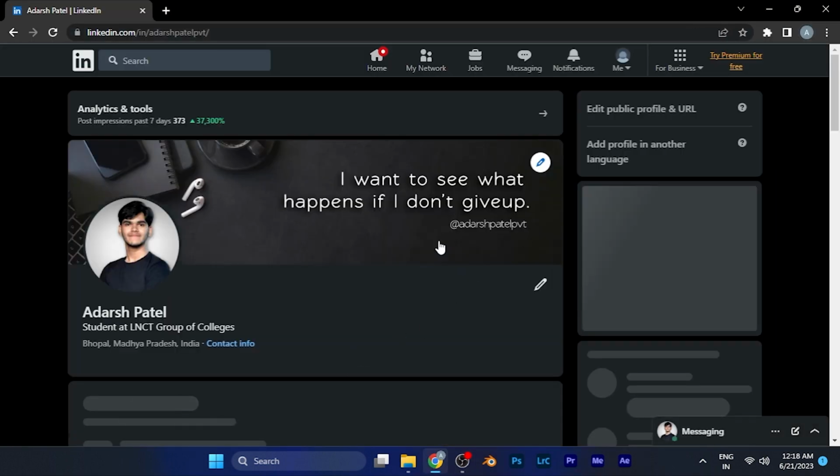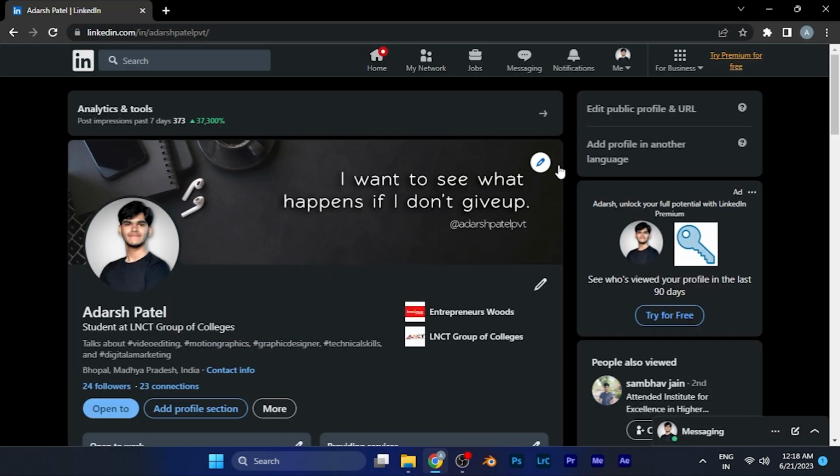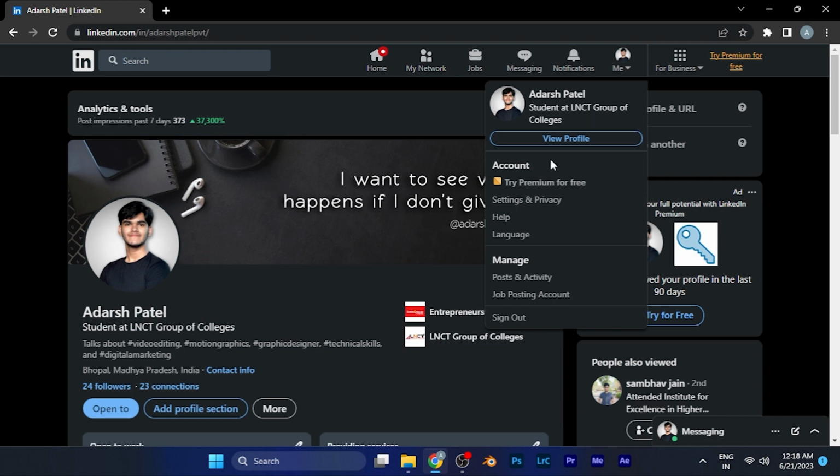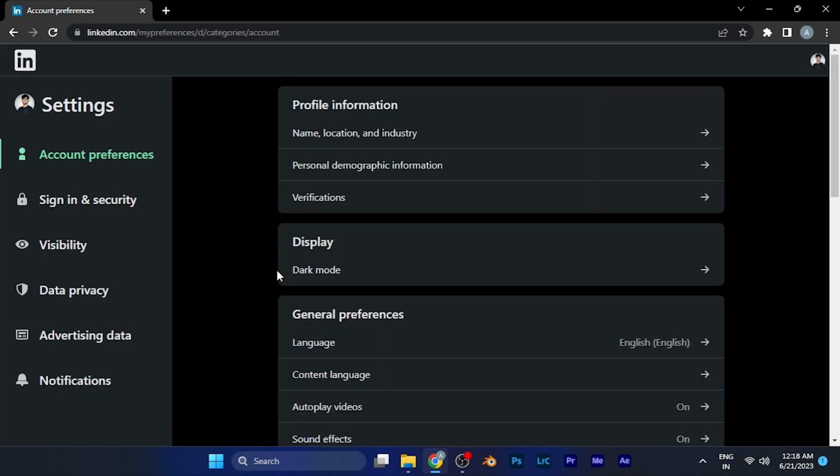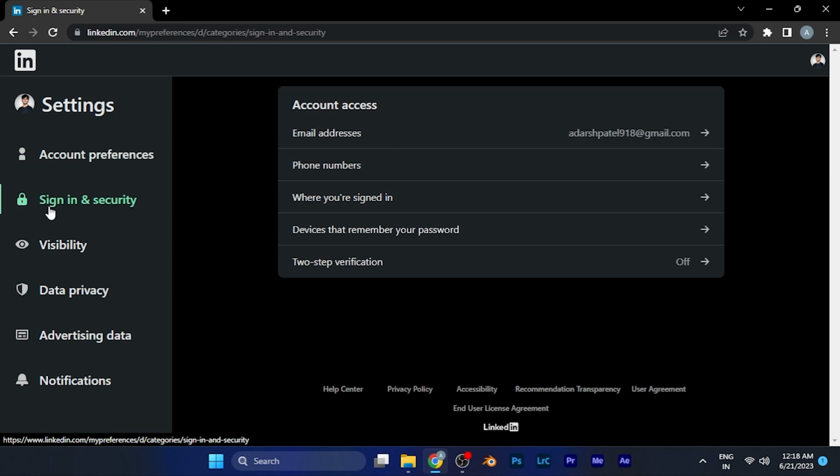I'm in my LinkedIn. Now in order to enable the two-step authentication, first you have to go to the option of your profile in the top window. When you click there, you can see a small window will pop up right in front of you, where you have to go to the option of settings and privacy. When you are in the settings, you will see on the left window an option of sign in and security. Just simply click on this option,